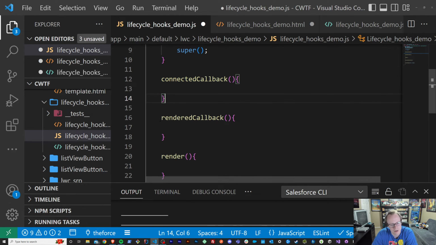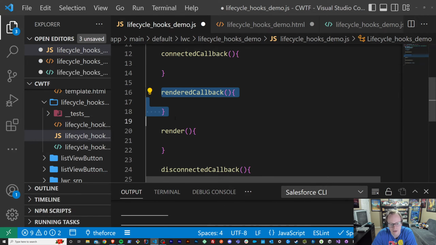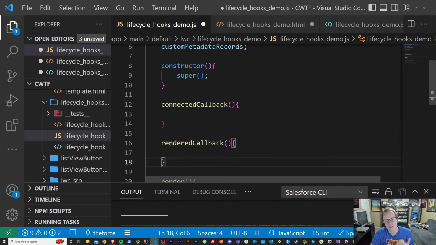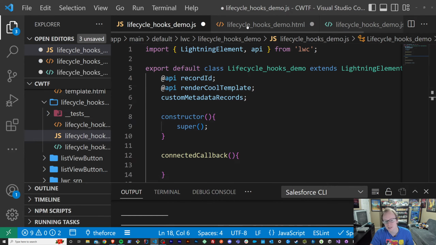Okay, so the next lifecycle hook here is renderedCallback. And this is a lifecycle hook when child components become available to you to communicate with. But this is also the most dangerous lifecycle hook. And the reason that it's the most dangerous lifecycle hook is because it's called relatively often. And the reason that it's called relatively often is because in a normal